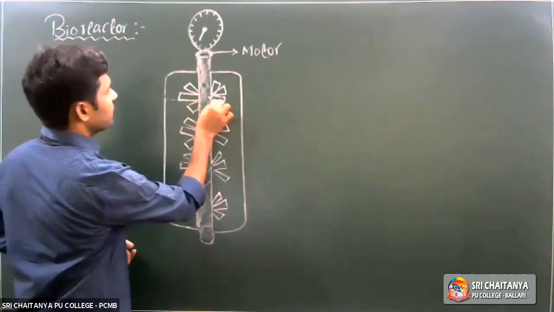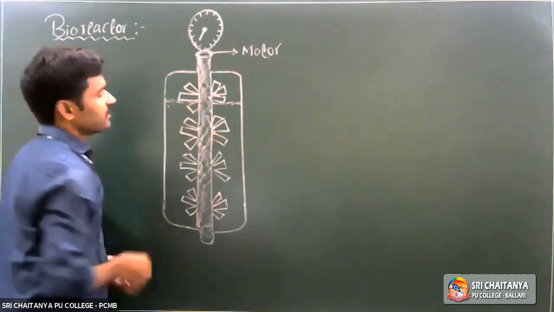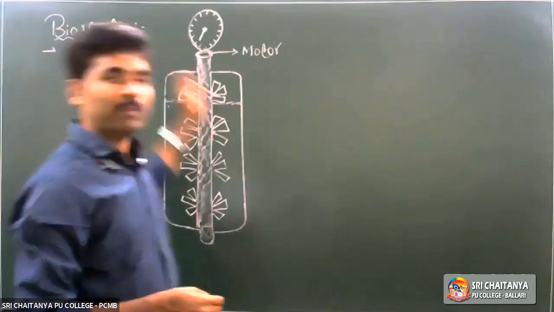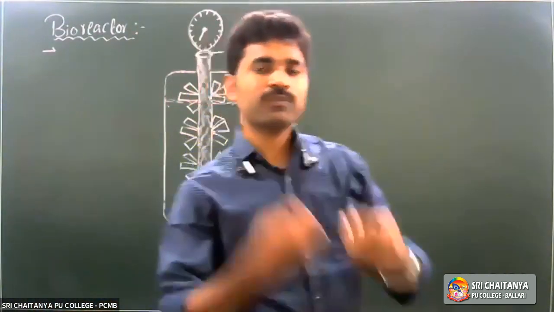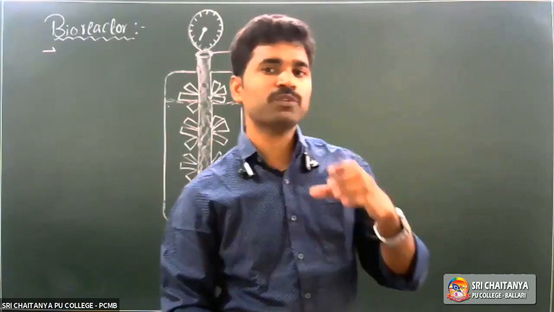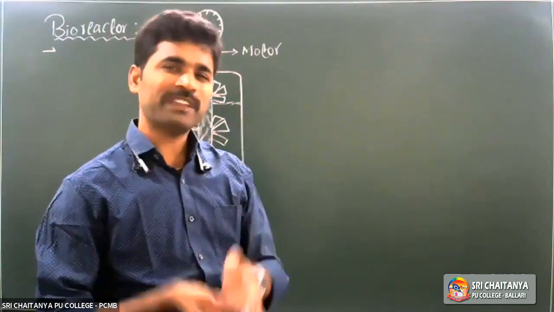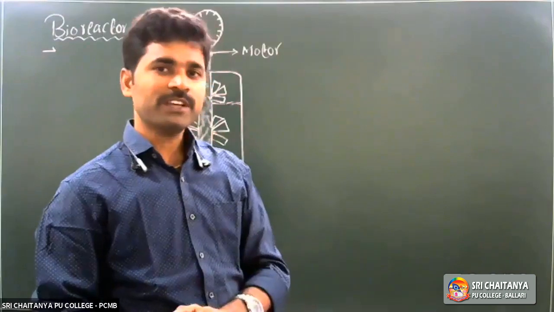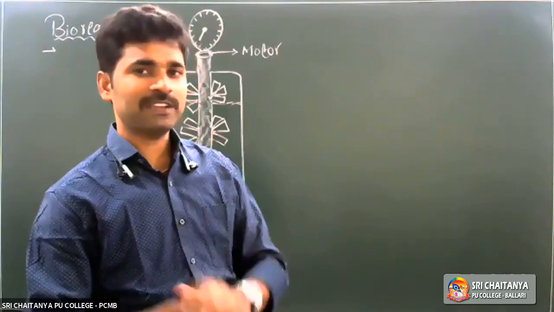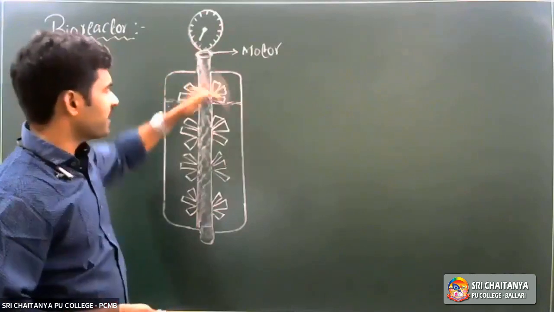Up to here, we transferred the raw material into the bioreactor. What type of raw material did we transfer? Salts, minerals, vitamins, and substrate. Substrate means, for example, lactose medium, which acts as food material for the bacterial cells. Either lactose or agarose medium, whatever it may be, acts as substrate to the bacterial culture, and we add it to the bioreactor.